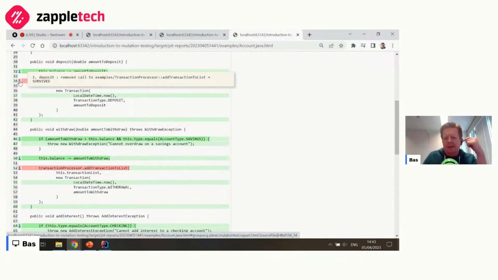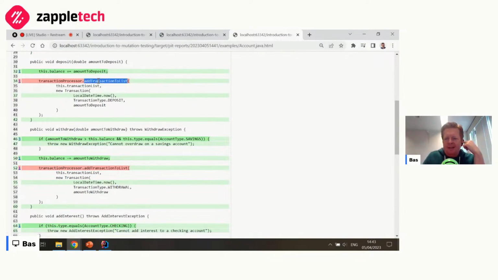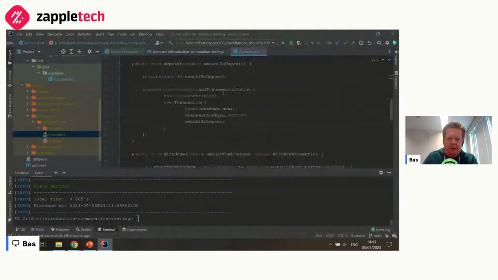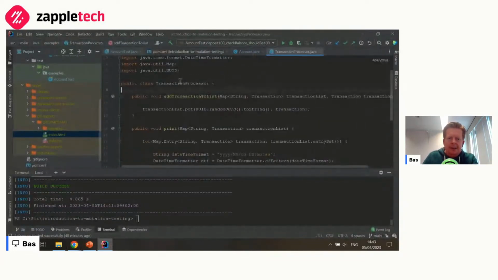What happened here is this is a method. If we look at our code, it's a method that doesn't return anything. It just adds a transaction to a list. Basically, it creates an audit trail, a history of all the transactions that were performed on this account.